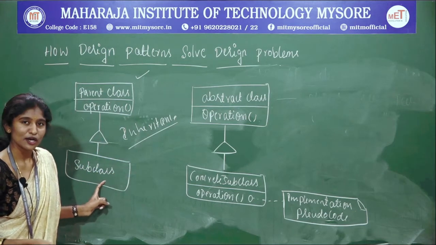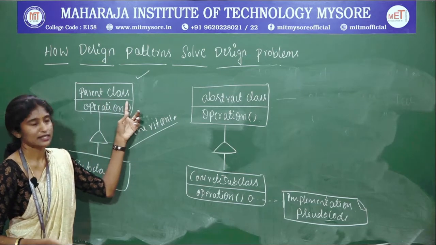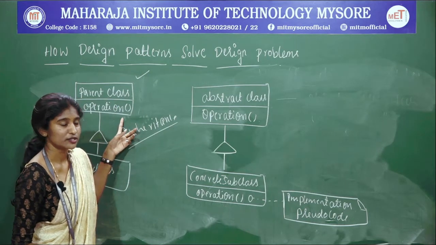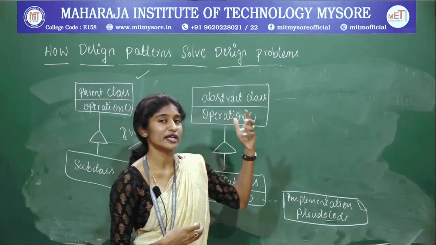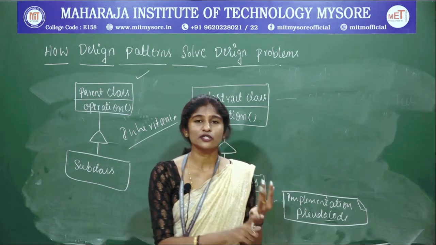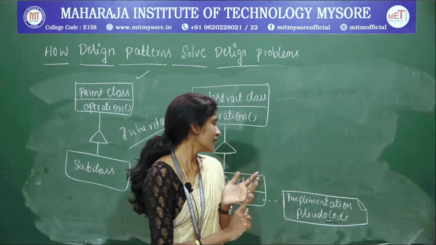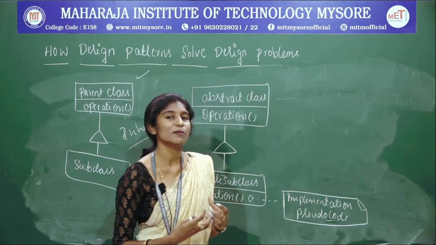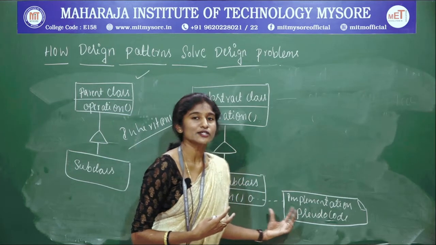Means you have a subclass, a child class or a derived class, which is going to derive from a parent class. You can see here the parent class contains some operations. There may be n number of operations. We'll focus on what inheritance means in the earlier topic. So what was the heading? We need to focus on the implementation also, right. With the implementation you come across what is a class, what is an object, and how to create an object of a particular class, that is the instantiator. That we studied, right. Further, he has explained some more concepts of OOPS, that is the inheritance, abstract classes, concrete classes, and so on. Okay, we'll see one by one.